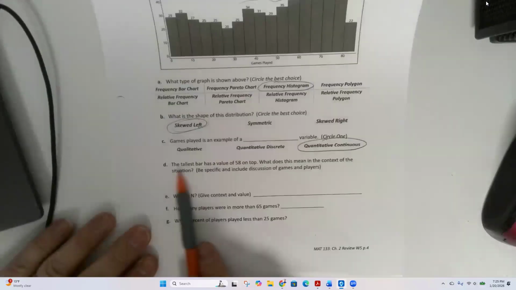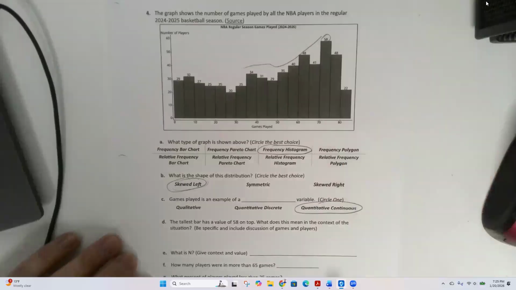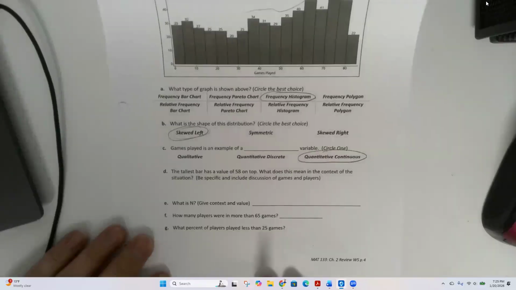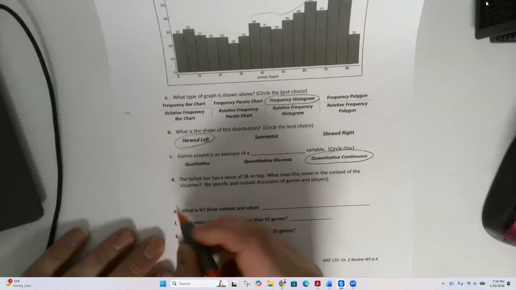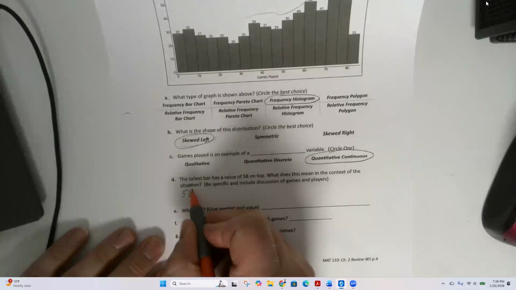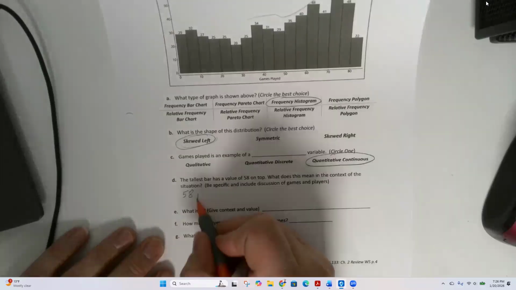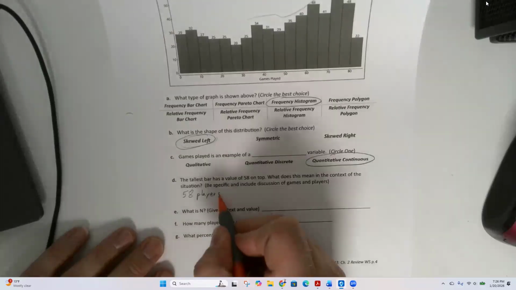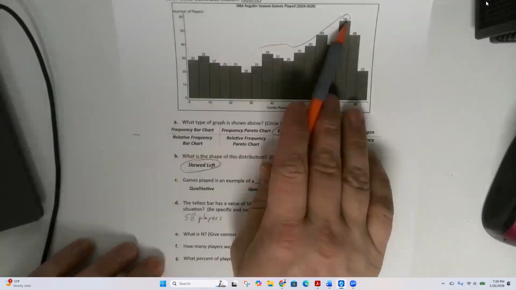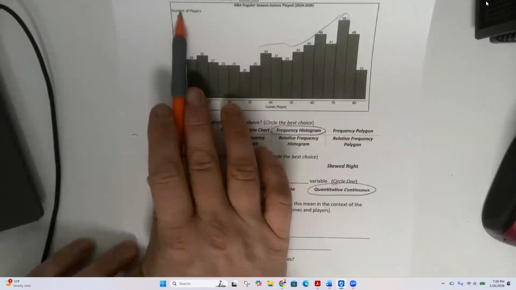Okay, the tallest bar has a value of 58 on top. That's this one right here. What does this mean in the context of the situation? Be specific and include discussion of games and players. So 58 players, right? Because that's measuring how high the bar is. The height of the bar is the number of players. So there were 58 players,